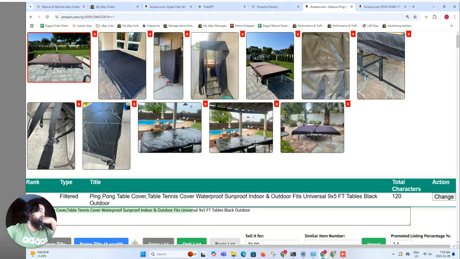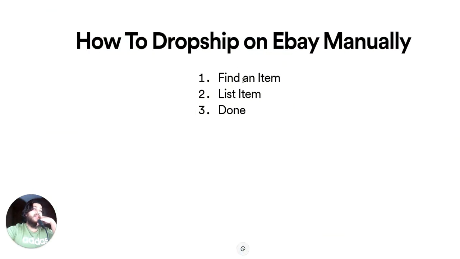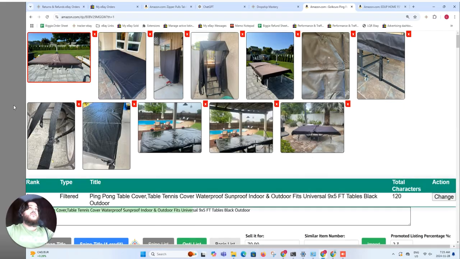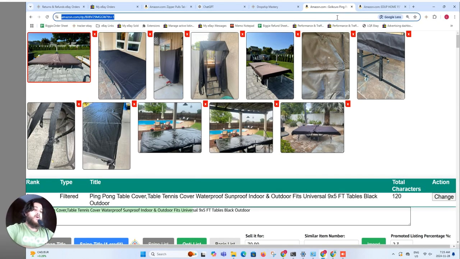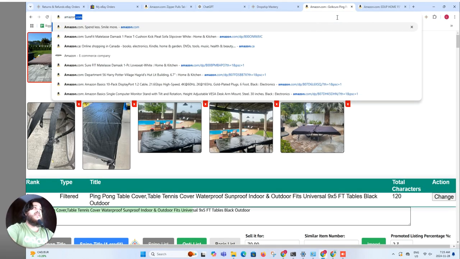So the first thing we want to do is make sure that you are finding an item. You've got to find an item to list on eBay if you want to dropship there. This is not going to be a comprehensive guide. I'm going to get straight to the point because I know everybody here has a short attention span. I know I do. So for that person out there who just can't concentrate, let me do you a favor by making this video for you. The first thing is to find an item. I'm not going to talk about all the account setup, but we're going to find an item